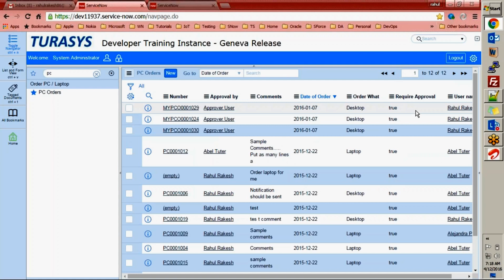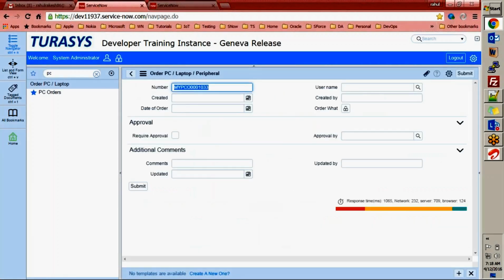Now, since this is an application, we can create a new request, new order request, right? So let's create one new order request here. This is going to be a PC order request that you, me, or any of your subordinates or any of your team members will place for a PC, laptop, or any peripheral. Now, do you notice that the moment I open this form, the number field is automatically populated here,